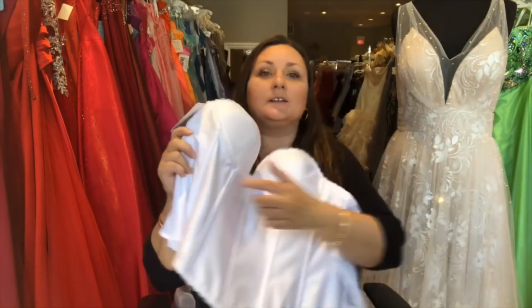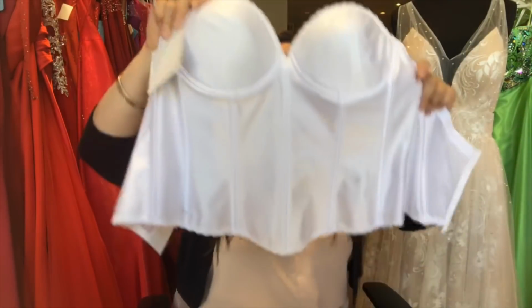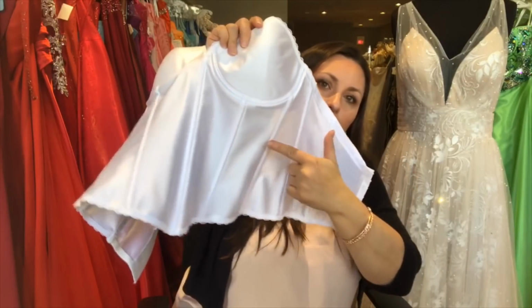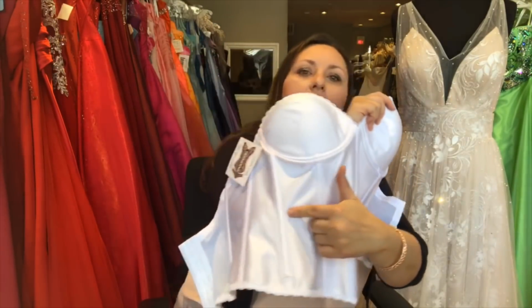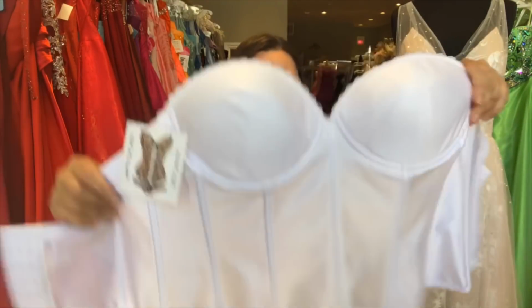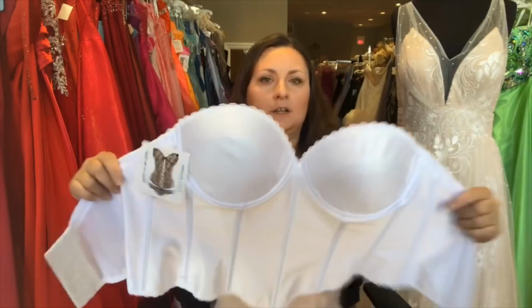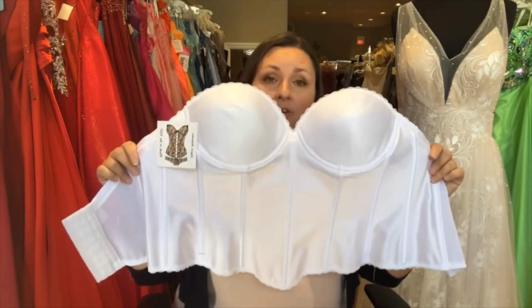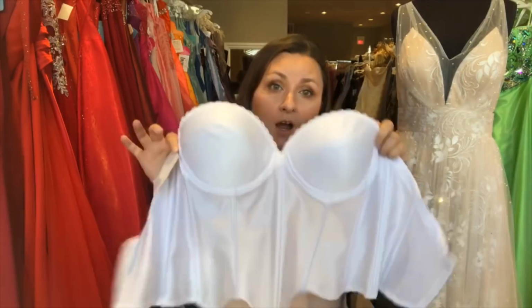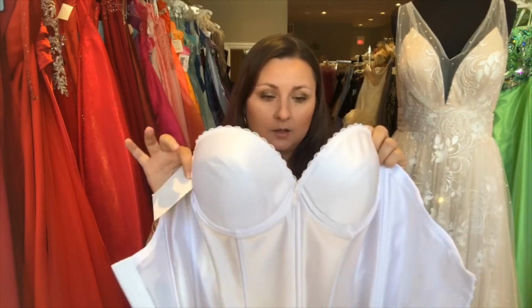Now this bra has reinforcements like you wouldn't believe. You see all these bones here? Look how many bones it has. 1, 2, 3, 4, 5, 6, 7, 8, 9. 9 bones. The one in the middle is the 9th one. That will keep your dress in place. It'll keep your bust line in place. You won't be doing a prom night reenactment, pulling up the dress all night, because your bra will have you